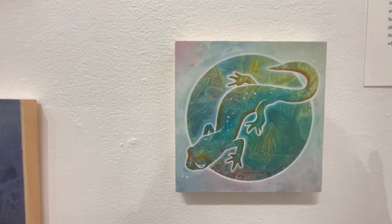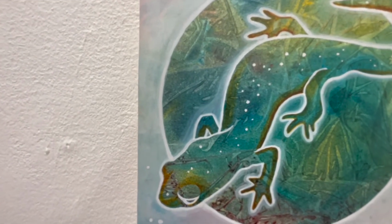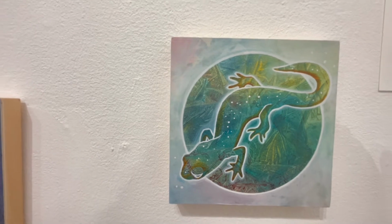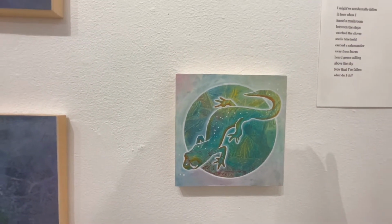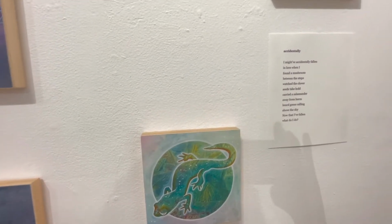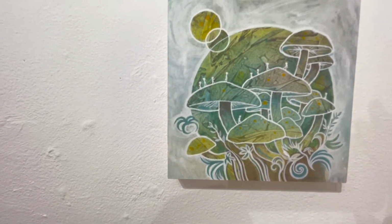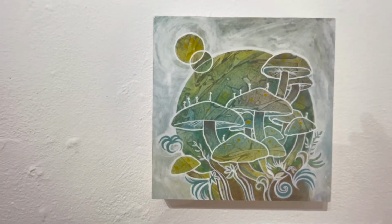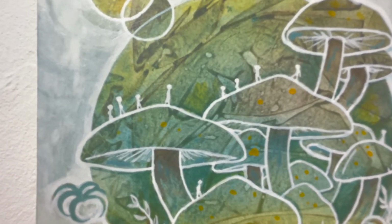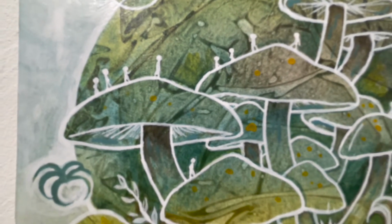A lot of the themes I like are just getting up close and personal with the moment and with that creature, with its spirit. And that's actually from a photograph of a salamander I was holding in my hand. And so that is a personal moment for me. And mushrooms also. I'm very into fungi, and the people is showing to me the relationship of humanity to the